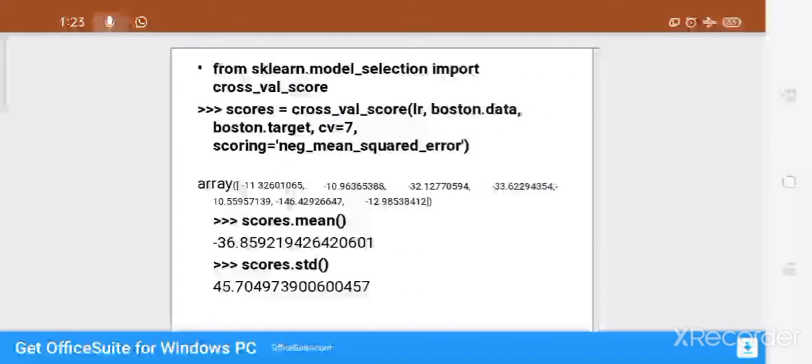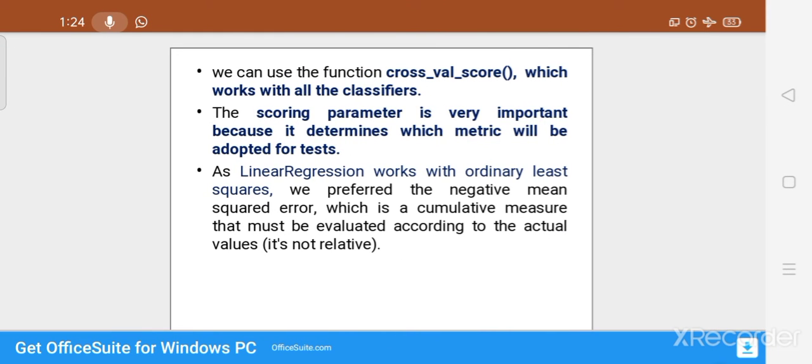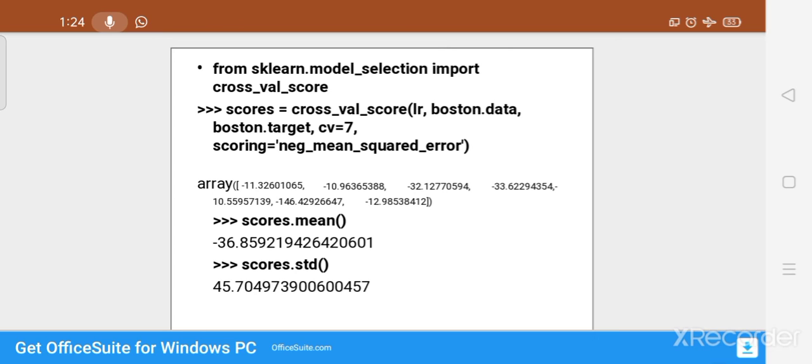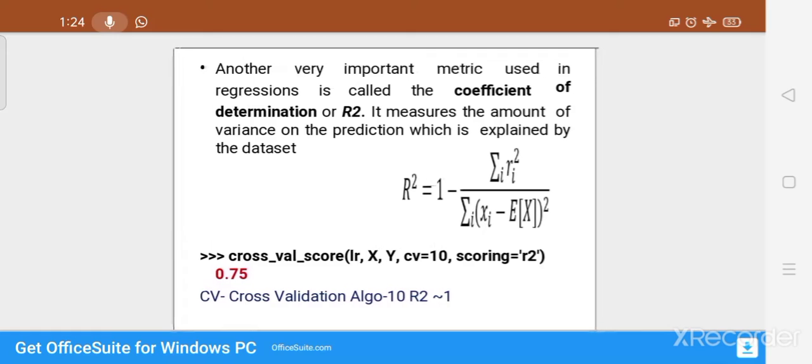That can be evaluated as per this Python program using the cross_val_score function. It will consider the scoring parameter as the negative mean square error. Here we are calculating the score mean and the score standard deviation.